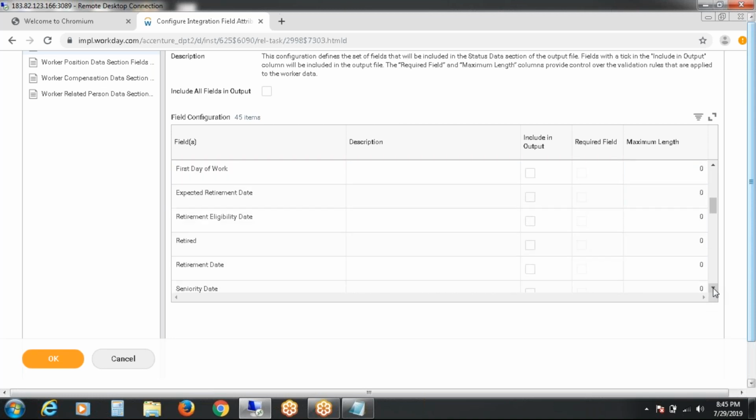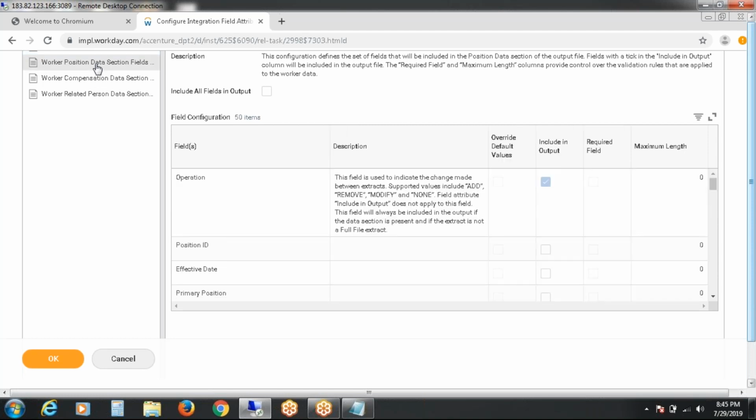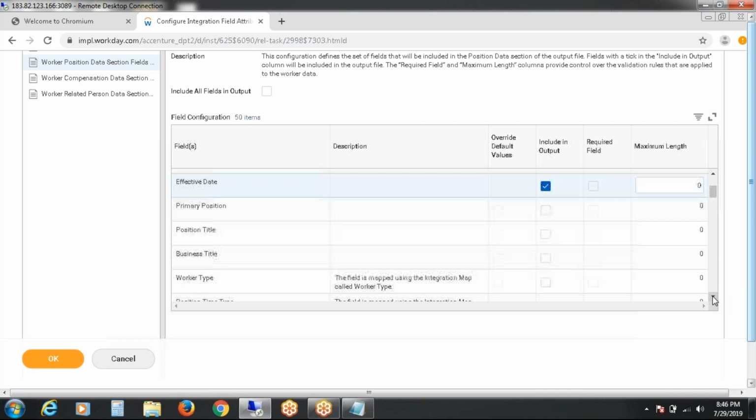For me, it is not only the current employees' data I would like to see. Coming to the position data, on which position is he working, what is the ID. When starting his job, what is his primary position? Now what is his position? So position, effective date. It depends on the task.